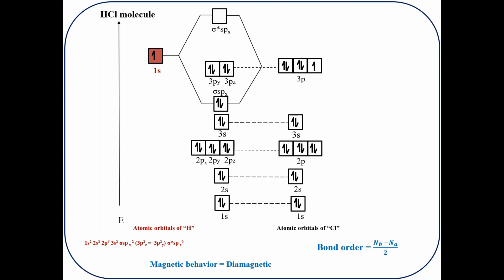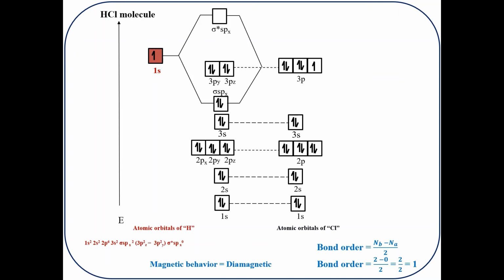So it is assumed that all the chlorine atomic orbitals except 3px are localized on the chlorine atom. This is just giving you a picture of what is happening. The chlorine 3px has already formed a molecular orbital with the 1s orbital of hydrogen, so all the other atomic orbitals are localized on the chlorine atom and retain their original atomic orbital status. The 3s, 3py and 3pz orbitals are regarded as non-bonding lone pairs.